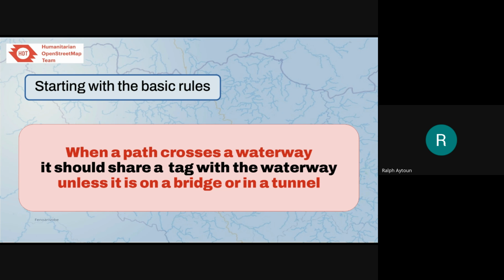So we don't show any of those. We just connect it to the waterway to say that this path can cross this waterway at this point. Ralph, excuse me, would you want to say share a tag or share a node? Share a node. Okay. Sorry, share a node.